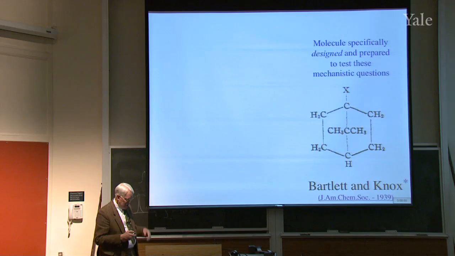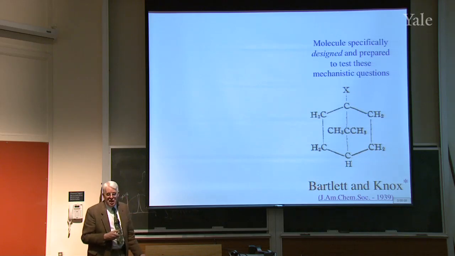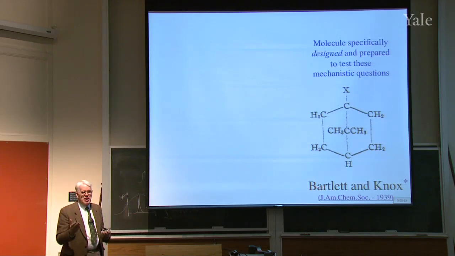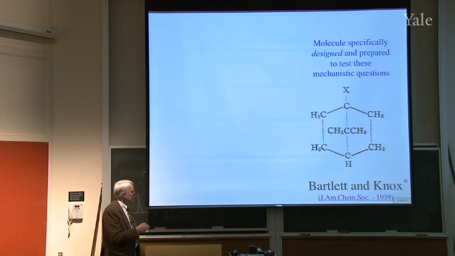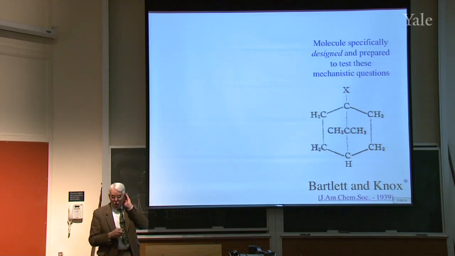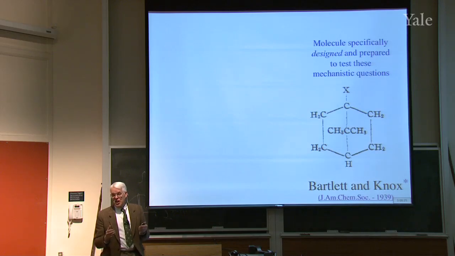And that was in this paper published in 1939, which if you click there, you can download a copy of the paper, by Bartlett and Knox. So this is your chemical grandfather, right, P.D. Bartlett, who was a young man at that time. He was 32 years old. And Knox, who was his graduate student, who was almost the same age because he was an African American and was one of the first African Americans to get a PhD in chemistry, and was